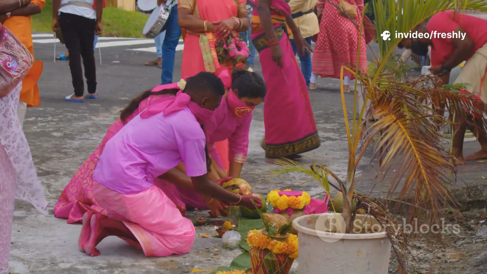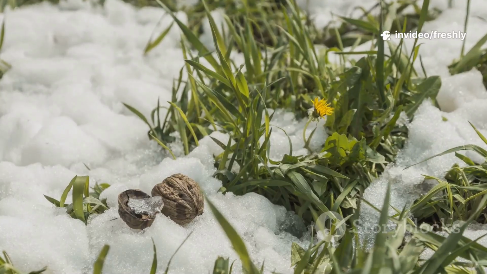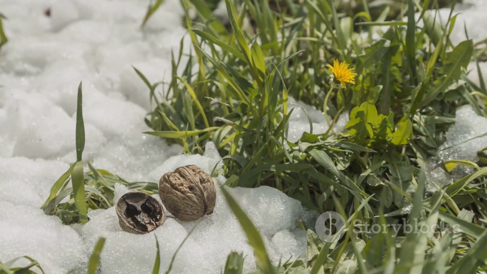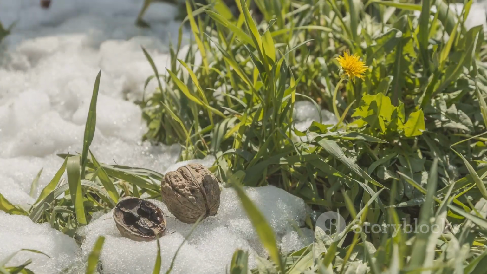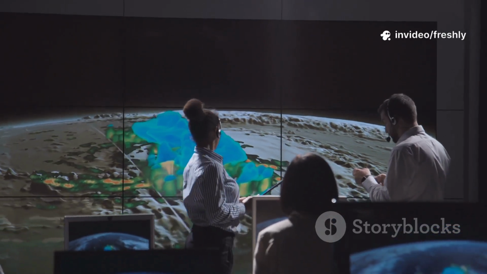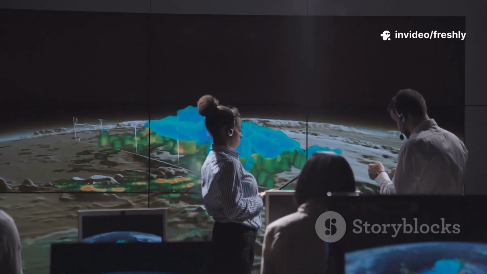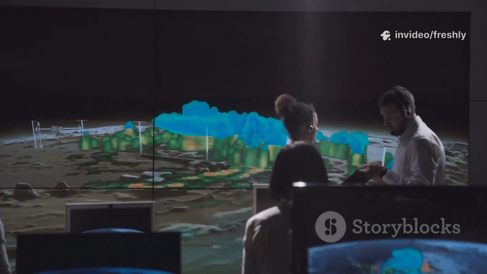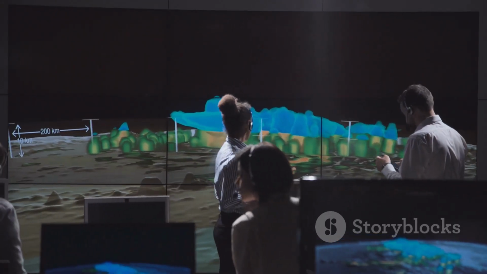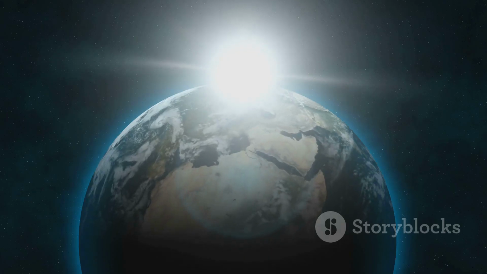One is rooted in the rhythms of weather and climate, while the other is tied to the grand movements of our planet through space. The first way to define spring is called meteorological spring. This method is all about simplicity and consistency. Meteorologists, who study the weather, divide the year into 4 neat 3-month blocks based on average temperatures and climate patterns. For them, spring always begins on March 1st and ends on May 31st, making it easy to compare weather data from year to year.